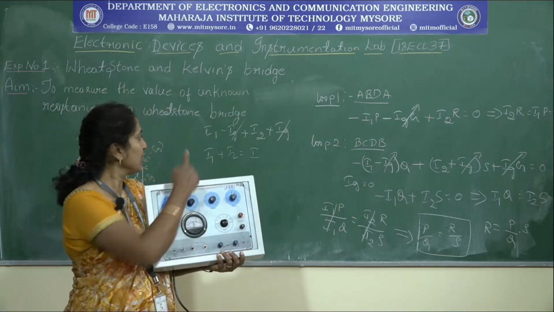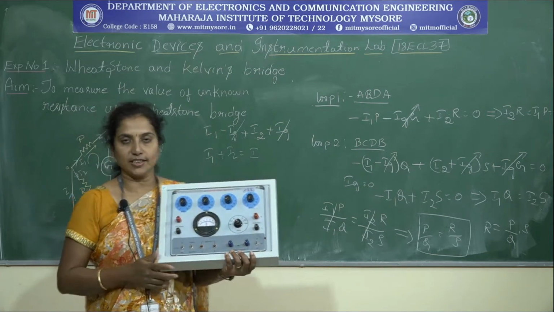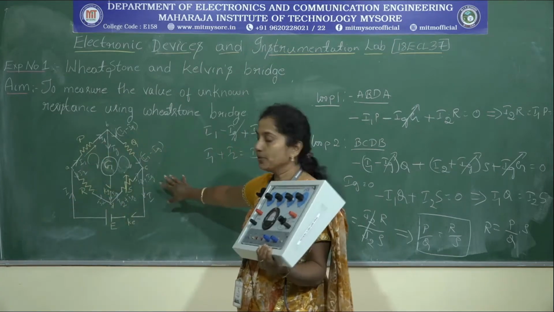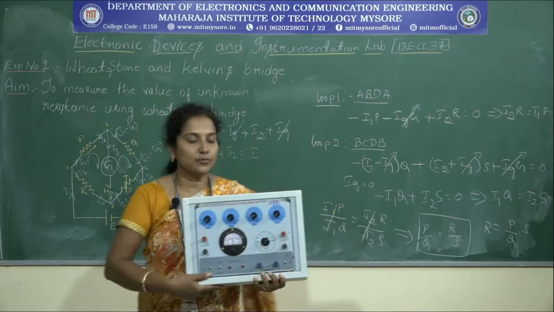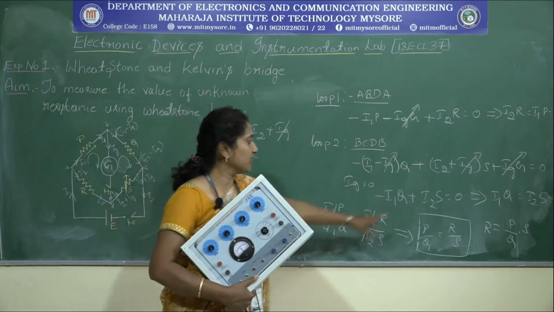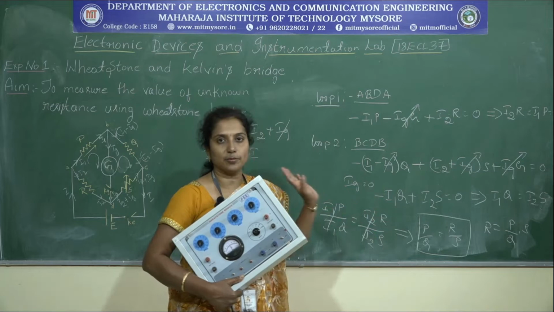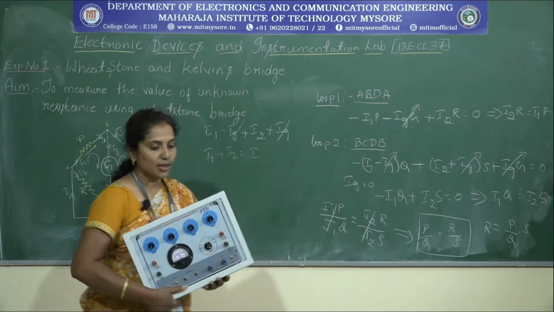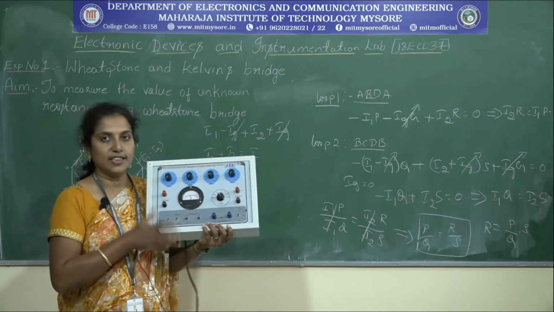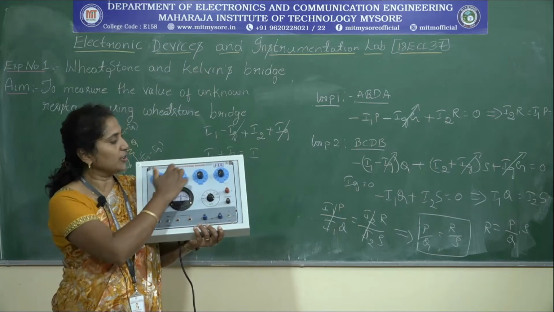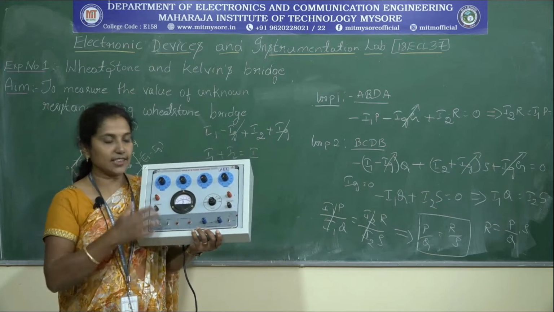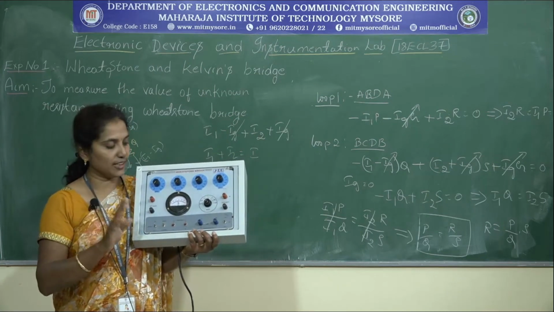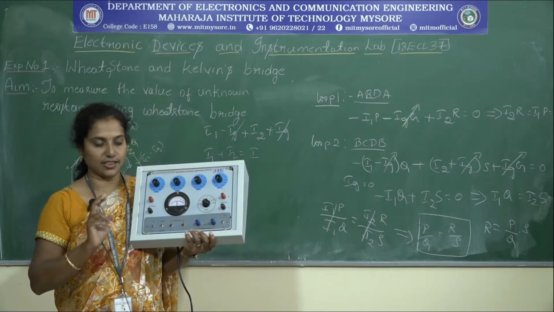So now I have explained to you the theory with the bridge circuit, how to get the equation. From the Wheatstone bridge we are getting P by Q is equal to R by S. Now this is our experimental kit having the Wheatstone bridge. Internally, 4 resistors are required, actually internally connected 2 resistors.